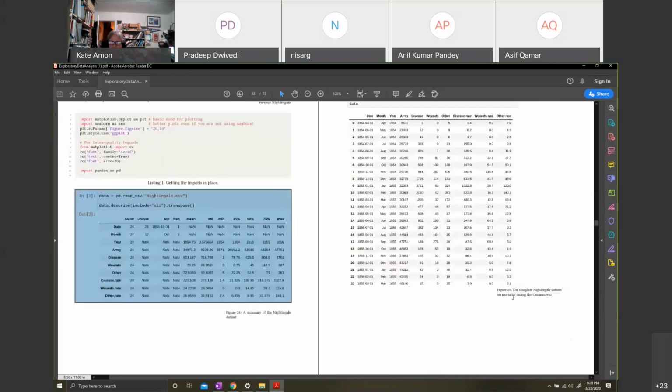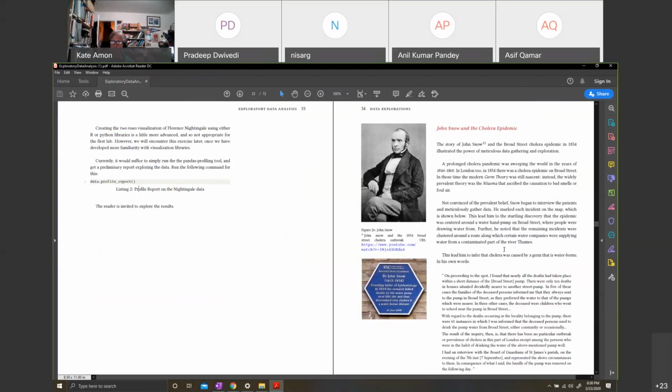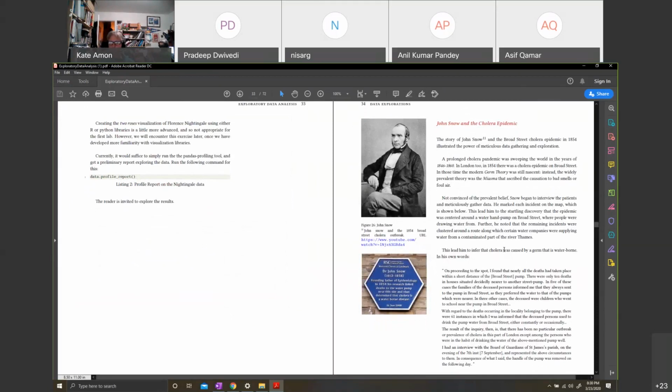Now, one of the things I wanted to say is that, of course, I'll leave it to you to do the exploratory analysis for that. You can do that, or you can just use the pandas profile report command, and it will produce the whole report. Now, those of you who were here in the last session that we held physically at Support Vectors, you realize that you had finished this part of it.